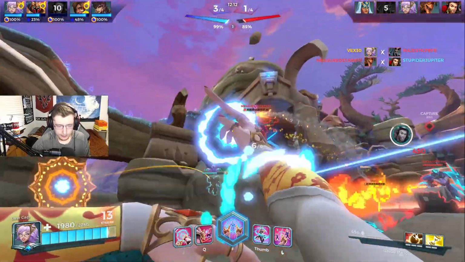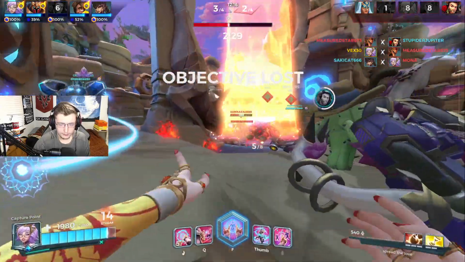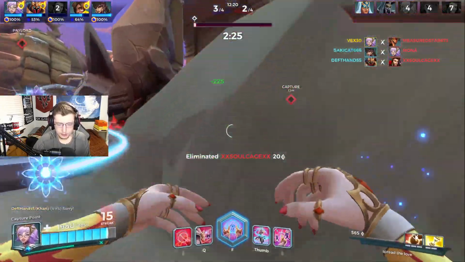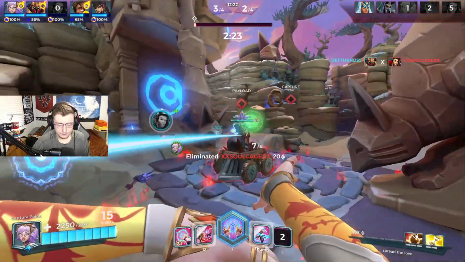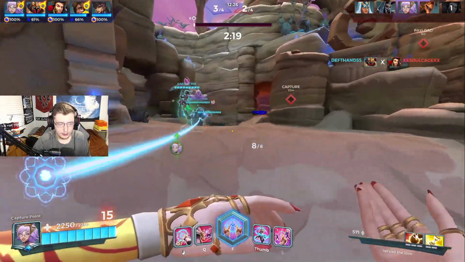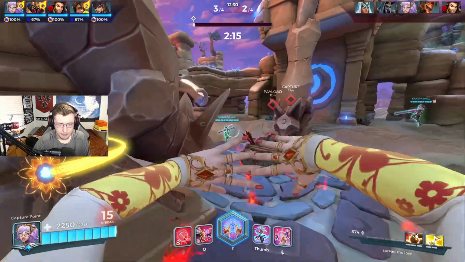Oh, Drogo's committed to that. Oh, I should have just ulted for the Nando. It's my fault. Oh no, I didn't touch. Unlucky. I should have just switched. I didn't think Drogo's was going to commit to that ult. He was 1 health. Most of the time players just don't commit to that and save themselves. But